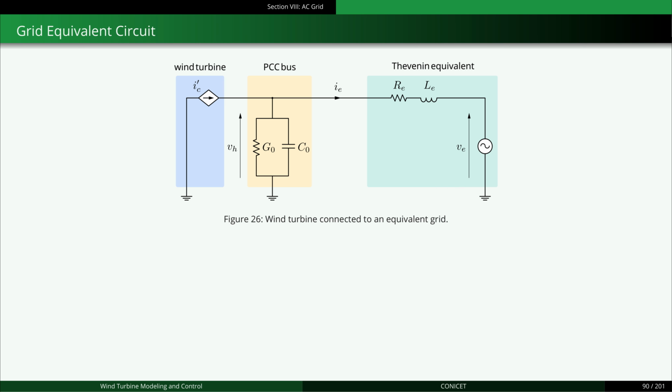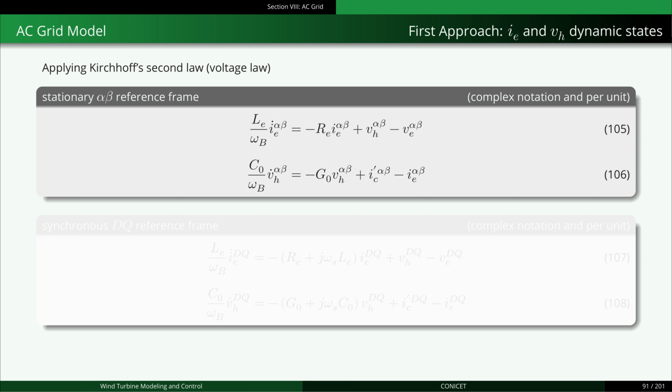Figure 26 shows the point of common coupling and the Thevenin equivalent. The current, denoted as IC prime, represents the current injected by the wind turbine into the point of common coupling. We added a small capacitance C0 and conductance G0 to model the bus voltage. We will describe two approaches for modeling the bus voltage. In the first approach, we consider the external line current IE and the voltage at the point of common coupling